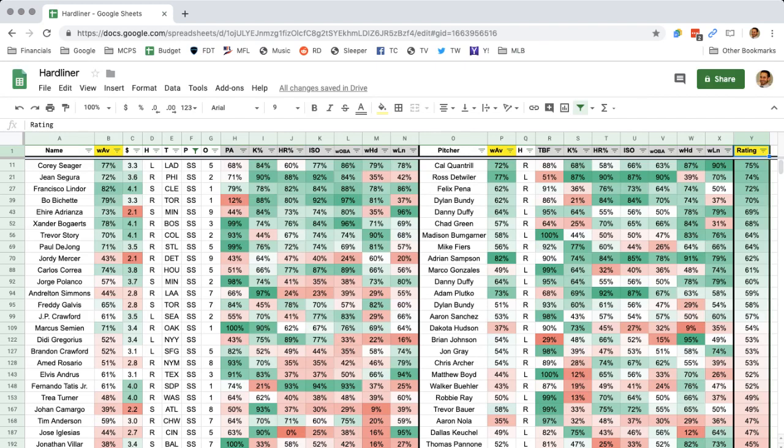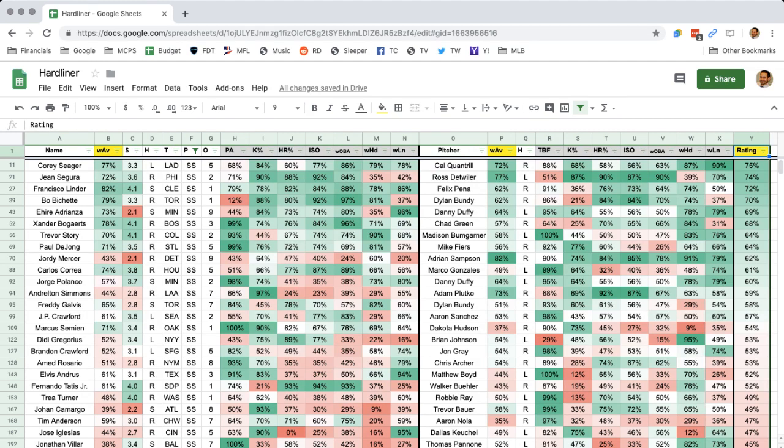Only 51 percentile total batters faced. But that doesn't mean you want to stay away, because Ross Detweiler has established himself in the league as someone that you can, in fact, target.